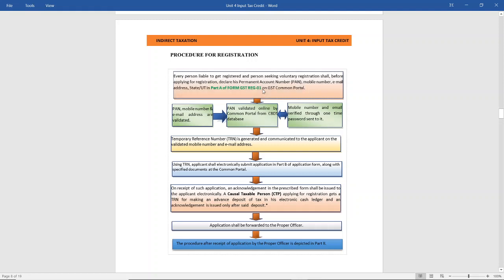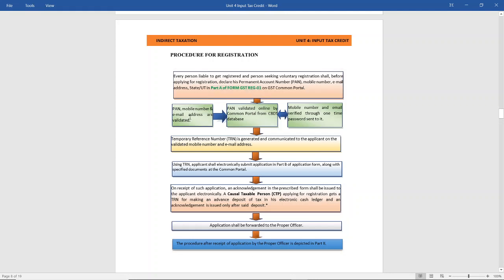Where and how does he have to apply? He has to go to the GST common portal, that is www.gst.gov.in. There he has to select Part A of Form GST REG 01, where he has to give his information regarding PAN number, mobile number, email, address, and the state or union territory where he is going to carry on his business. Once he fills these particulars in Part A of Form GST REG 01, which means GST registration form number 1,